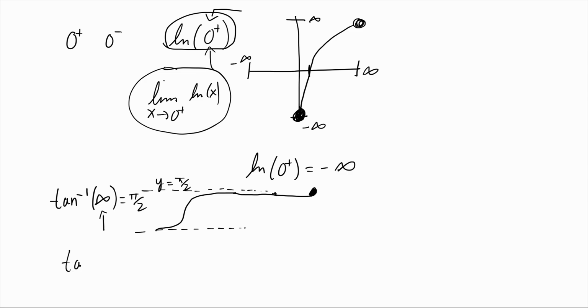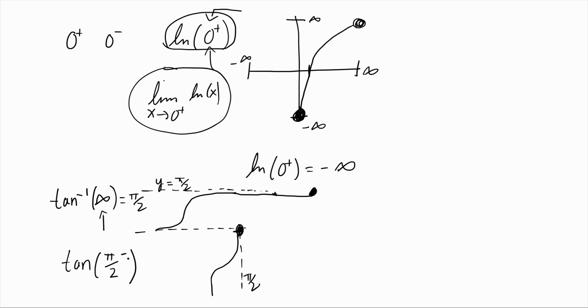But what if we reverse this process? What if we did tangent of pi halves from the left side? Okay, so wait a minute. Just like we have 0 plus, 0 minus, we could also plug in things like pi halves minus. What does that mean? Well, in the graph of tangent, as the x values approach pi halves from the left, it looks like we're going up to infinity. And if you allowed this continuous plug-in, you could actually think of it as plugging pi halves into